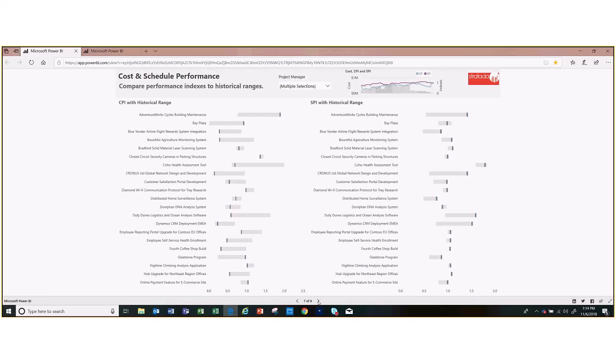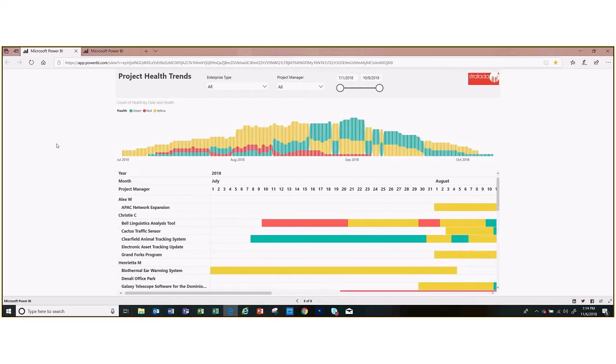And then the last report I want to show you is one that I really like, because what this is showing me is by project, going down the axis here, how has the health of my project changed over time. So green is showing me how many green projects I have, how many red projects I have, and how many yellow projects I have over time across my entire portfolio. And if I want to look at an individual project, I can see this Bell project was red for quite a while in July, it then turned yellow, then it snuck back into red, it turned to yellow, and now it's green. So it gives you the ability to see, again, looking at trends, how are things changing over time